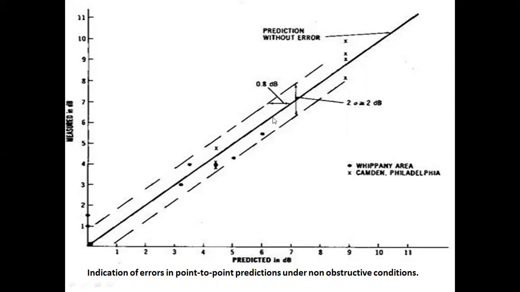By the use of the point-to-point model, we can predict the signal in that particular area. So how close is the predicted value to the measured value? Here we are calculating that. The measured data in different areas are closer to the predicted values. Except for this 9 dB point, all the values are closer to this prediction line.